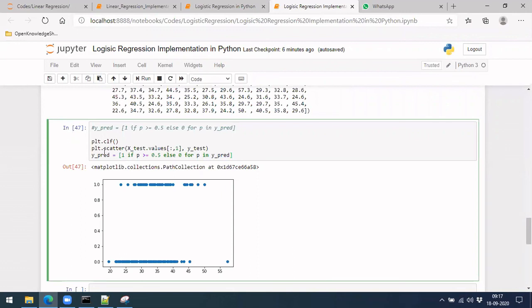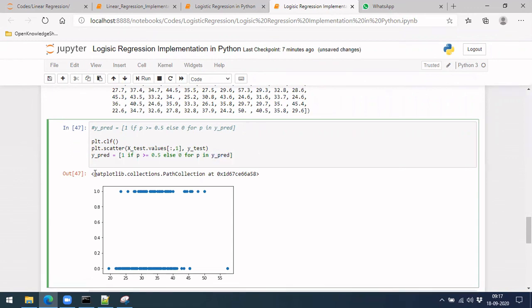This is a single line implementation of your for loop, where if our prediction value is greater than 0.5 it will be converted to 1, and if it is less than, it will be converted to 0. Okay, so this is y prediction. Now let's plot our y prediction versus this thing.